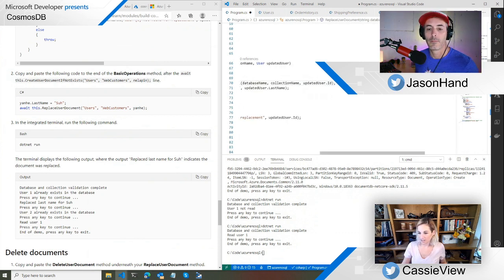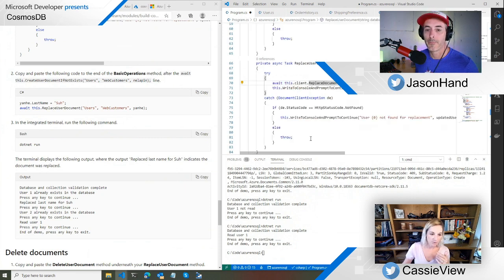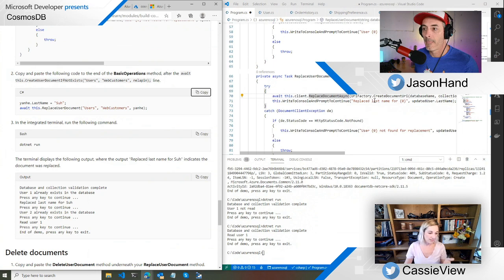And it's not going to replace everything. It's only going to update the last name when we run this, which we'll see. I'll run it. So we're going to update the last name to this. Okay. Yeah. So I think it's just part of the replace. It is like an update. Yeah. But you don't have to think about grabbing and, yeah.